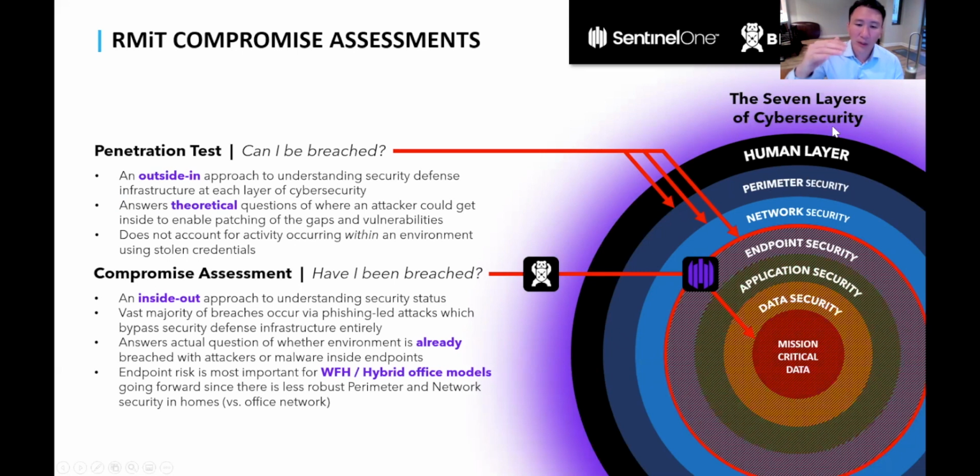It starts with the human layer on your outer perimeter, then your perimeter security level, the network itself. Then we get into the endpoint, which is your workstation, your computer, or your servers. You have the applications on the actual computers themselves, and then you have the data security around your mission critical